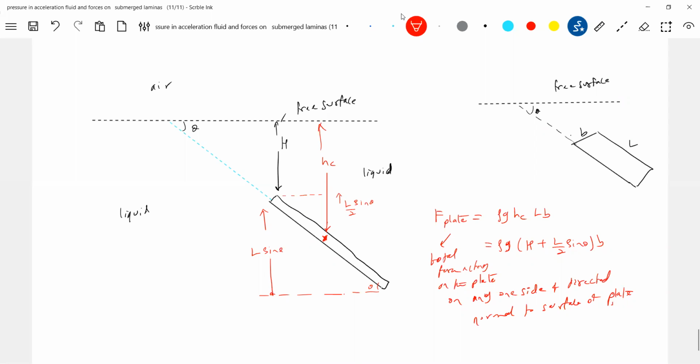This is very important. And where is the point of application? I think it's not there for the syllabus. Maybe in the revision, when we have time to pass, they will discuss it. The point of application will be different again, it will not be at the centroid. The total force will not be at this particular point.